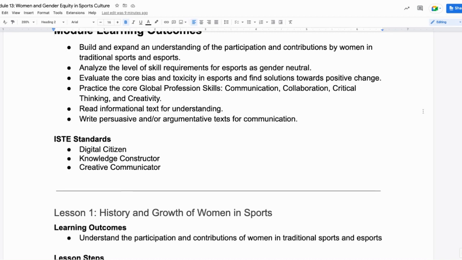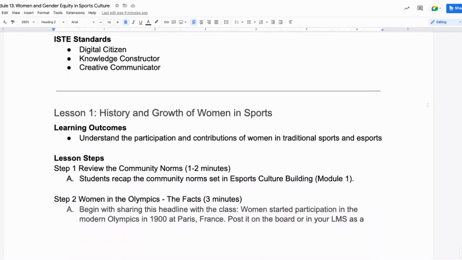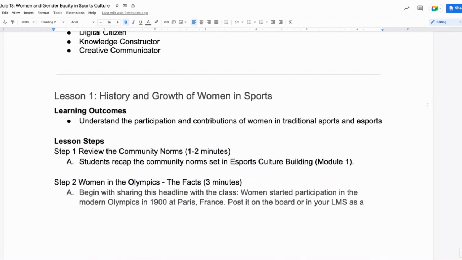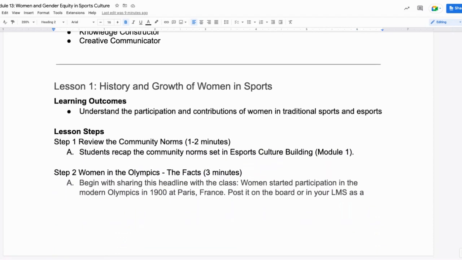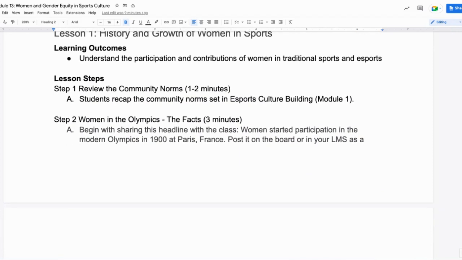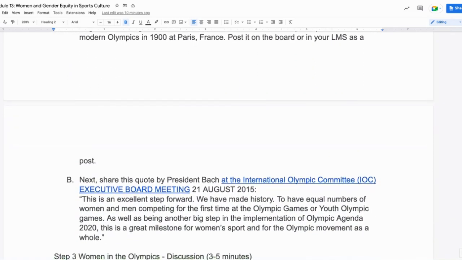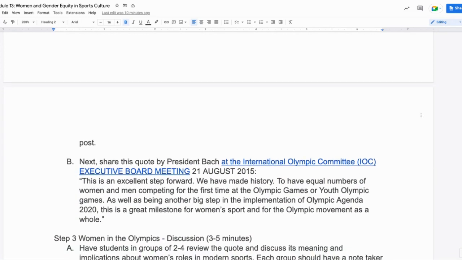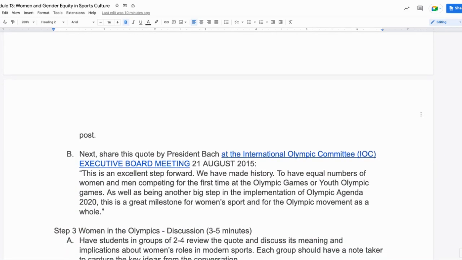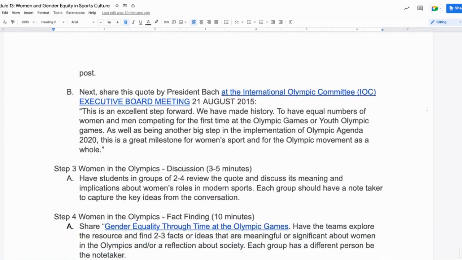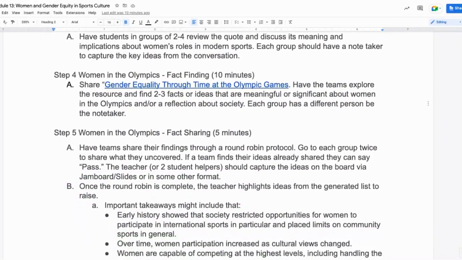There's also each lesson following that same flow of beginning with the learning outcomes. All the lesson steps are then included with suggested timing and any resources or additional guidance you might need in each step. Some resources are embedded within the steps, like this International Olympic Committee resource. And then as you continue,